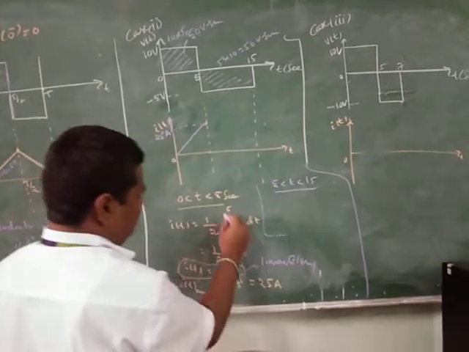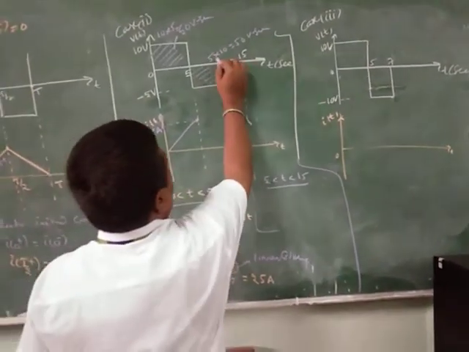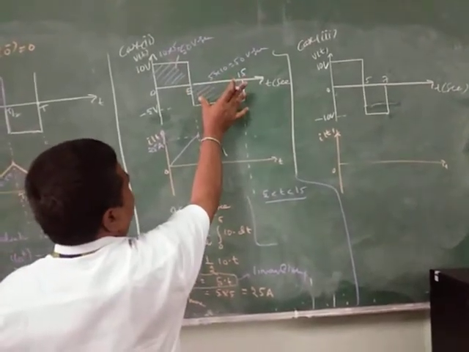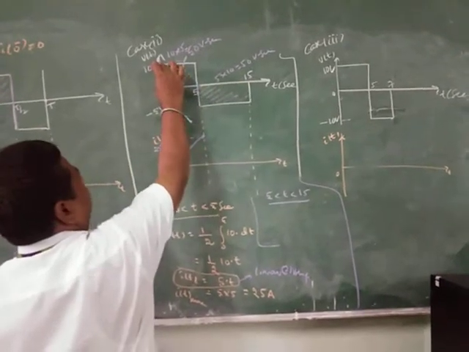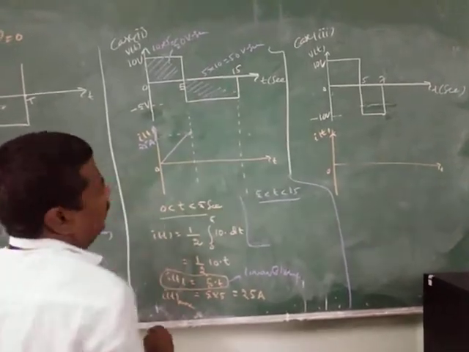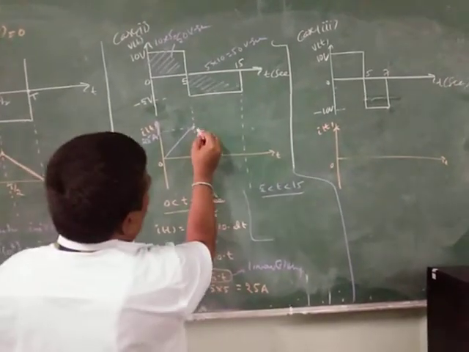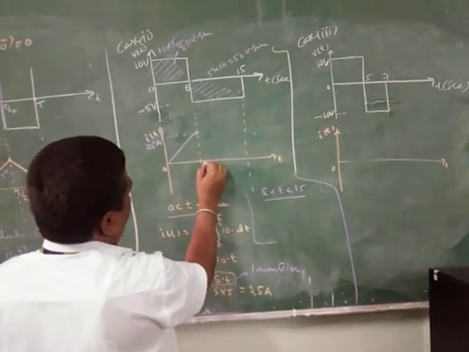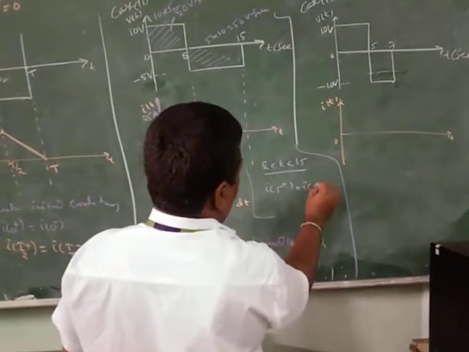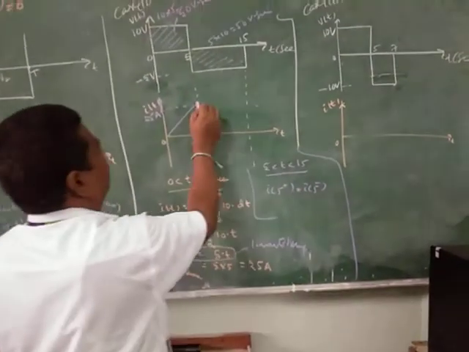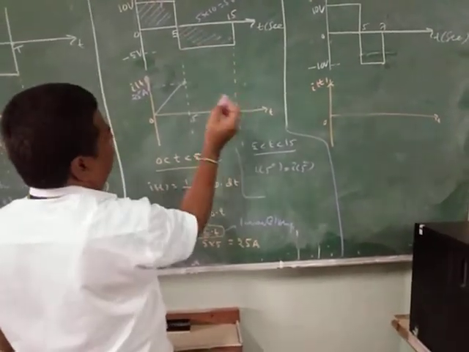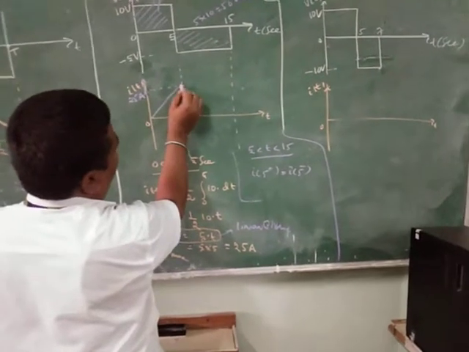Here also integration is nothing but area. Here the area is equal to 5 into 10: voltage is 5, but time is 10 seconds. Here voltage is 10, time is only 5, so 10 into 5 is 50. Here also 5 into 10, 50. So finally, for the current, the initial condition I of 5 plus is equal to I of 5 minus, the same current, but the voltage is negative, so the slope is negative. Slowly, finally it becomes 0.